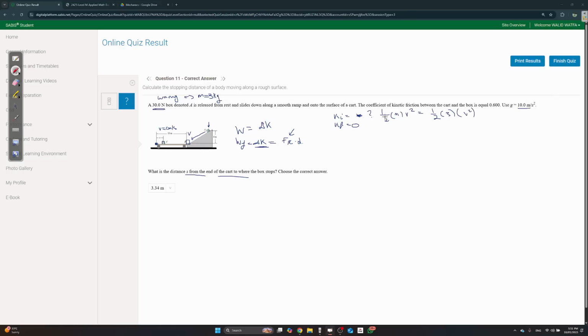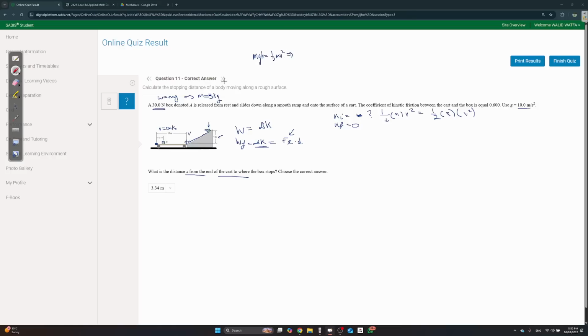You need to know how much this v is. Remember that our box is coming from a height over here, and it accelerates all the way here. The height is 4 meters, so we can easily find out what the velocity is. If you remember, mgh is equal to half mv squared,